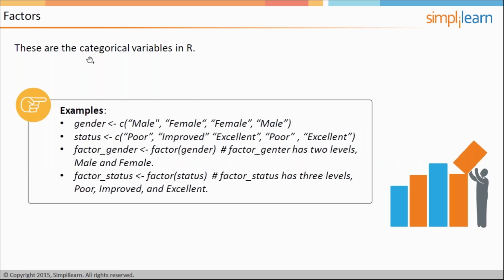Okay, so these are going to be categorical variables, which are factors, and of course we're giving you some examples: gender, status, so on. You can see again that the factors require that we have curved brackets, or parentheses, as well as quotation marks around our string variables or elements within R, in order to tell R that that's what you're doing. So in this case, we've got gender, status, and what we're doing is we're saying factor status gets,